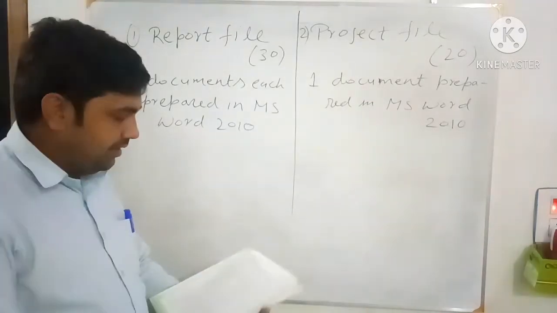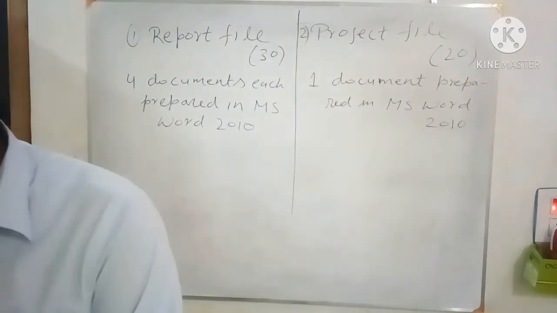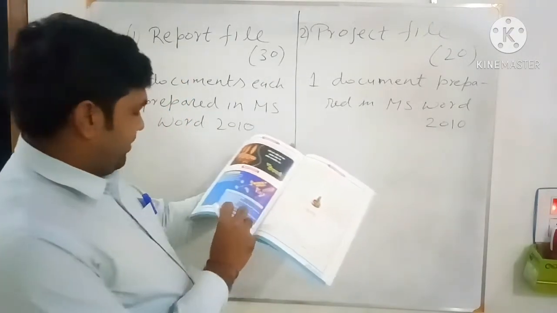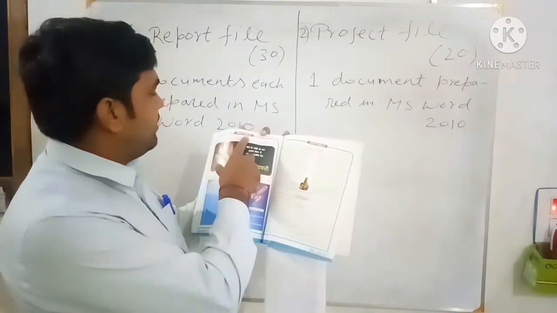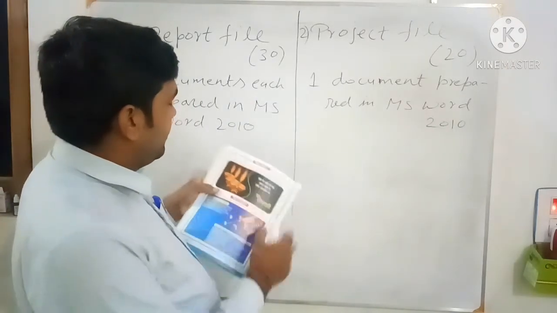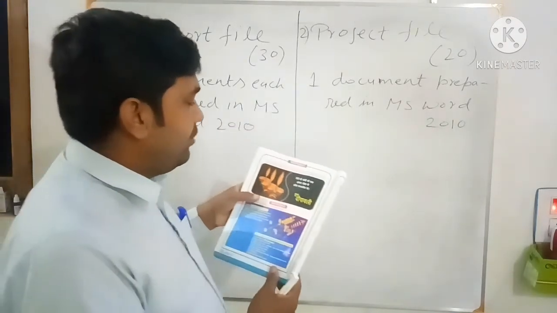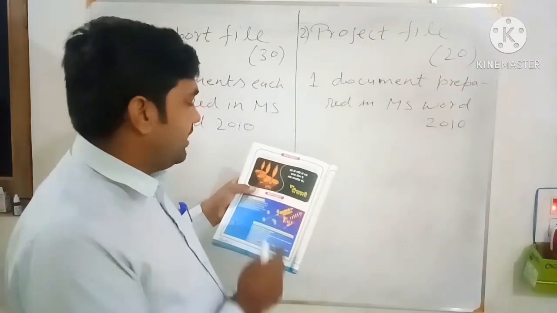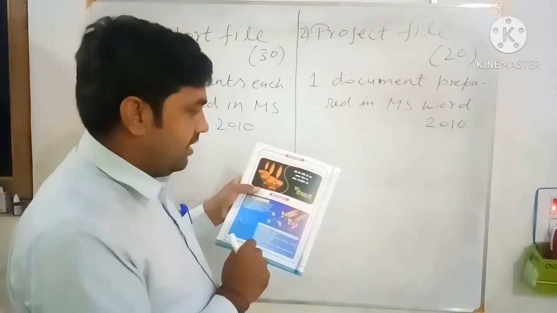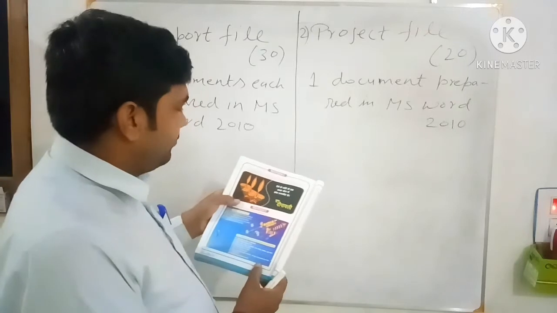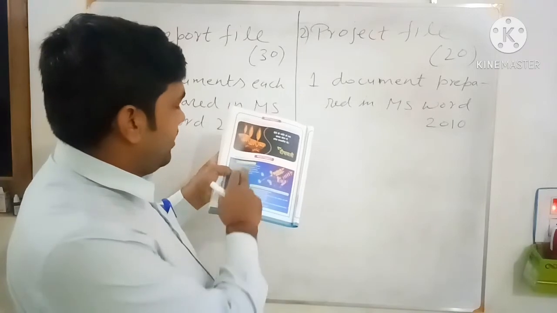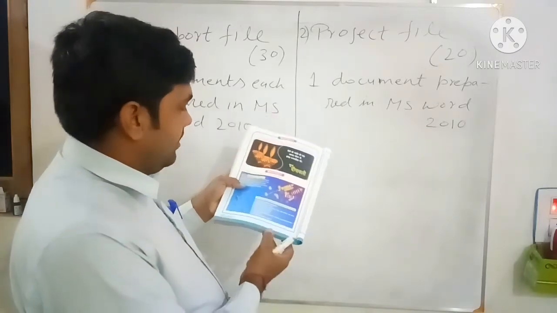Now what you can do in the Word document: at the end of the book, many Word projects are given. On page number 338, you can see Word project 1. In Word project 1, a greeting card is prepared for Diwali. Create a greeting card on Happy Diwali. You can use a search engine like Google and Bing to take the image from the internet. Use any suitable Hindi font like Kruti Dev, Devanagari or Nada, etc., to write these things. You can also take Word project 2, make a poster and say no to crackers. So like this.